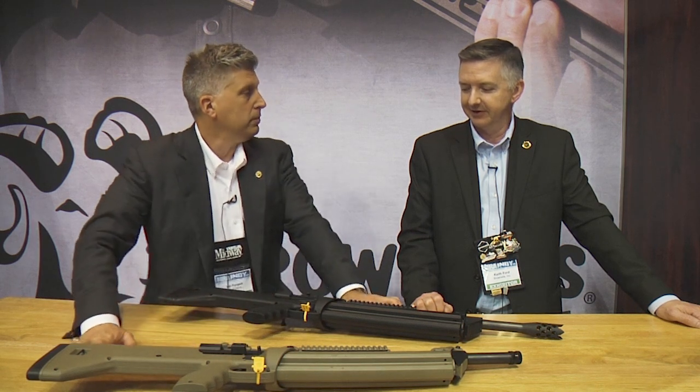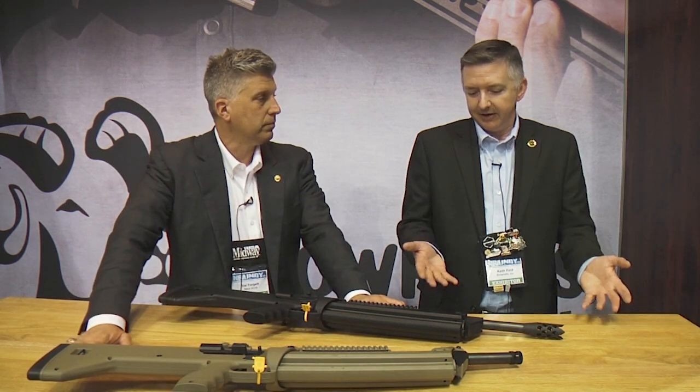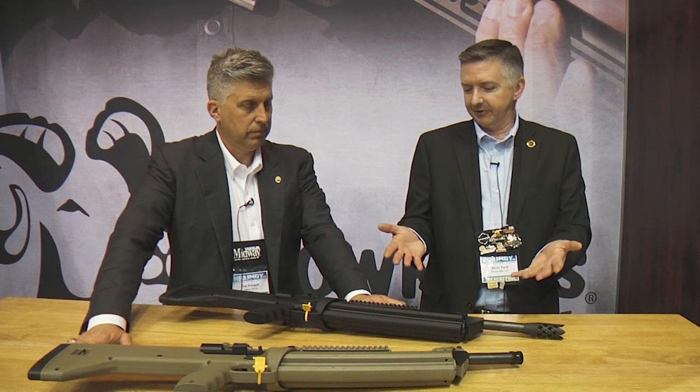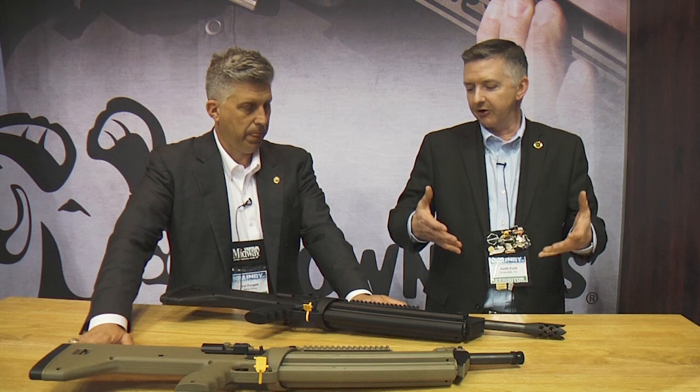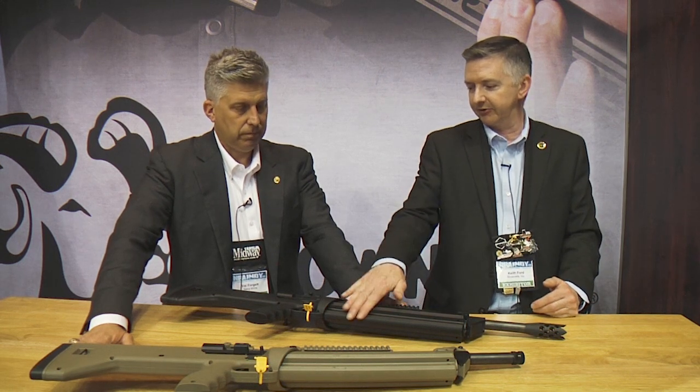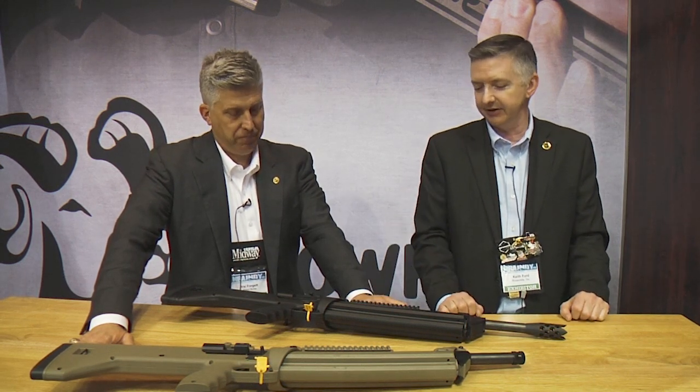That's amazing. I mean, like I said, I'm used to seeing the Segas and the ones with the large magazines hanging down. And this right here is, well, this gun is trim, it's light...